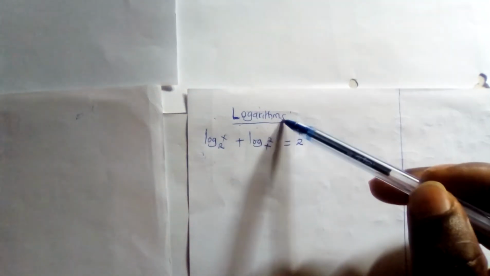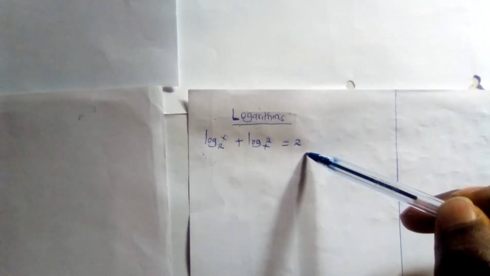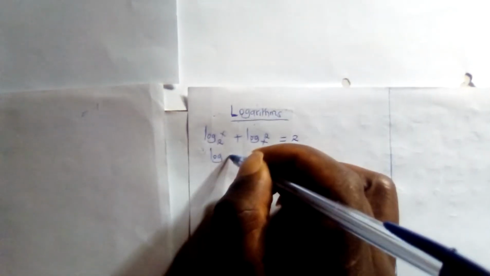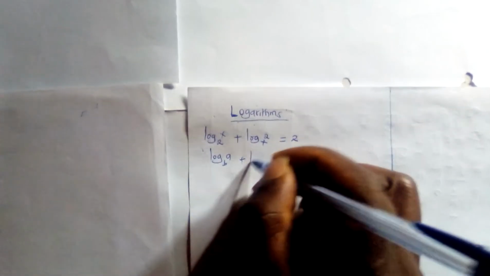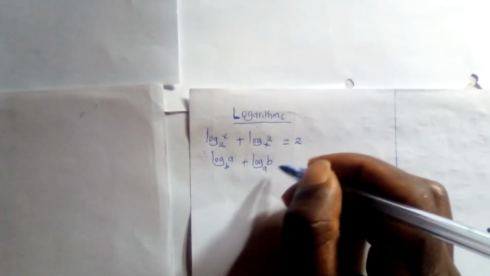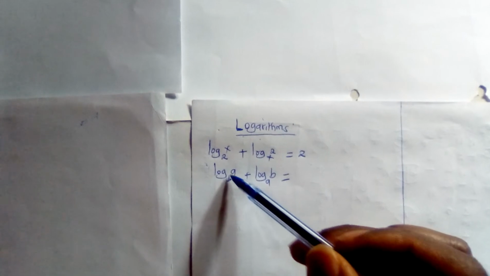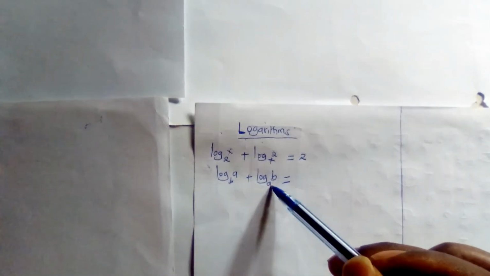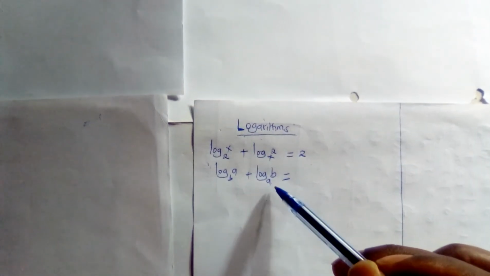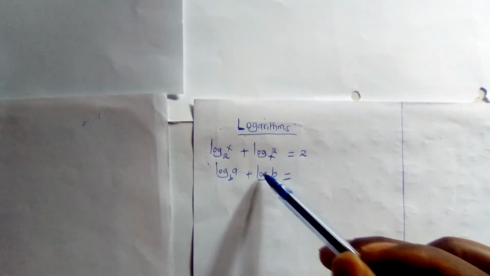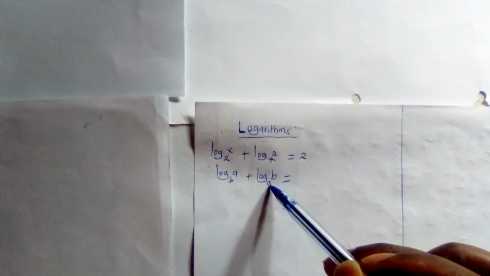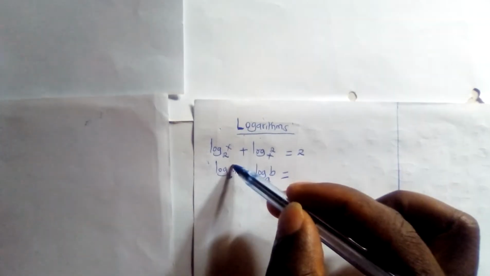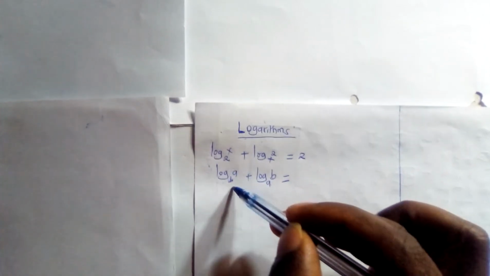So step number 1, you are required to look at the law of logarithm that will enable you to solve this problem. Now the base law of logarithm states that if I have log a base b plus log b base a, the solution should be, if you look at the two logs, they are different because the first log has a base of b, the second log has a base of a, and therefore the law requires you to make both the logs have the same base, and therefore you are required to write this first log the way it is, like log,